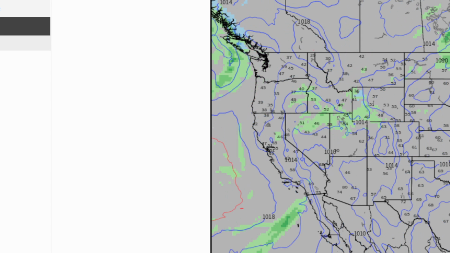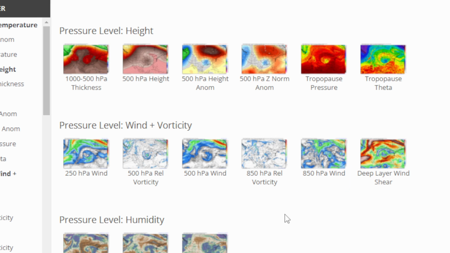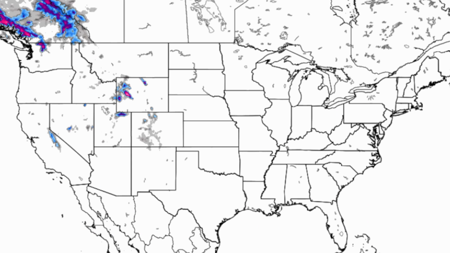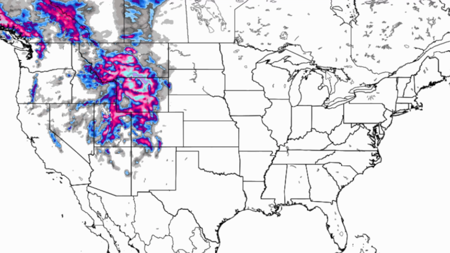Let's go ahead and head back here and look at our total snowfall amount. As you can see, it is now going up to around 60 inches of snowfall in these very high elevations, which are those mountains. We're seeing upwards of 60 inches of snowfall in those very mountainous areas. And in more of the lower elevations, you're only going to see around 1 to 3 inches of snowfall, in more of those gray and blue colors. Again, 1 to 3 inches of snowfall in the lower elevations.